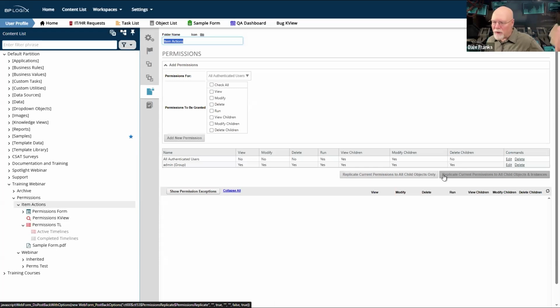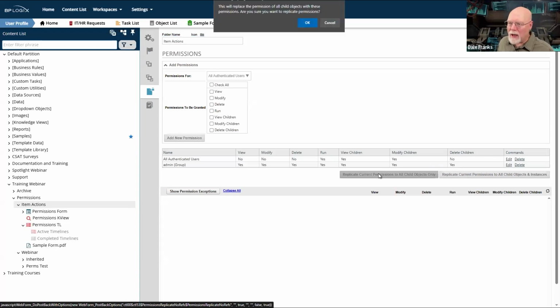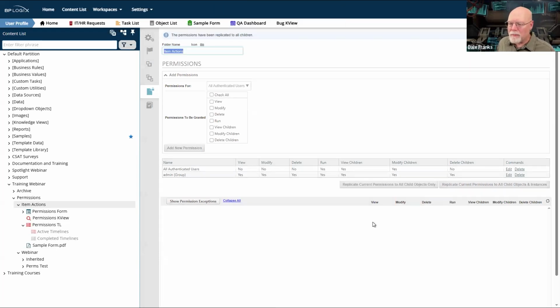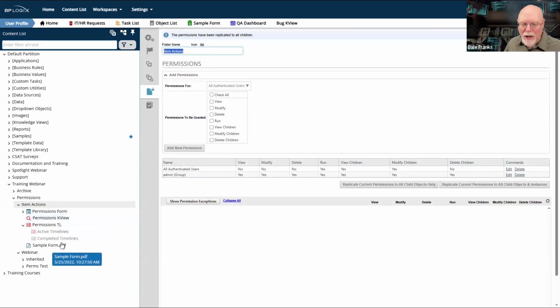As I said when we were first talking about these buttons, this is the safe choice because all I have to worry about is replicating to all of my child objects. So it's going to change my form and my knowledge view, my process timeline, and even the sample form PDF, which I'm not entirely sure why is here, but there we go.